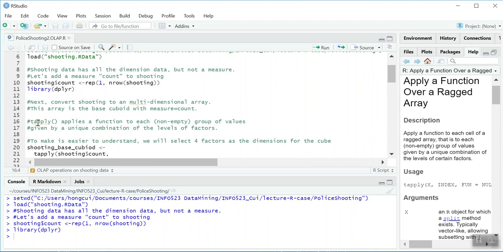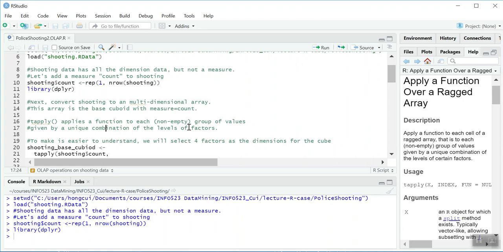So earlier we have looked at examples of apply, the typical apply, and the sapply. And today we're going to show that you can use tapply to apply a function on each non-empty group of values. And those groups are formed by different unique combinations of the levels of the factors that we have